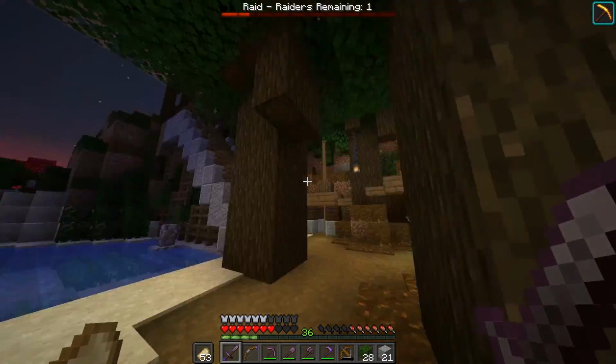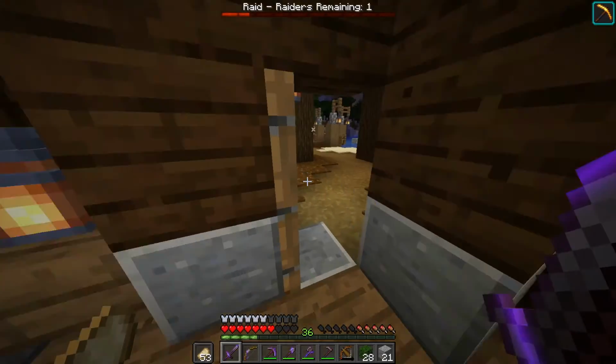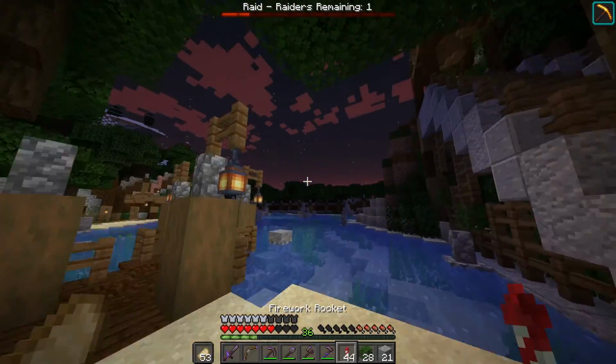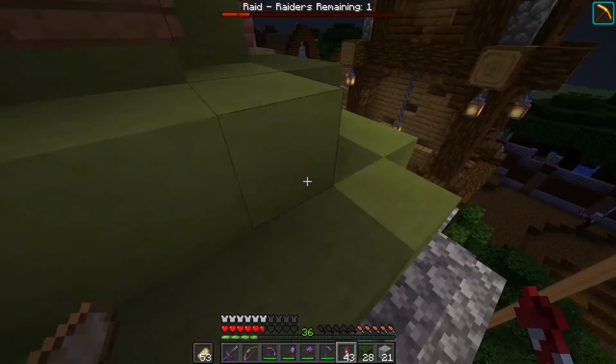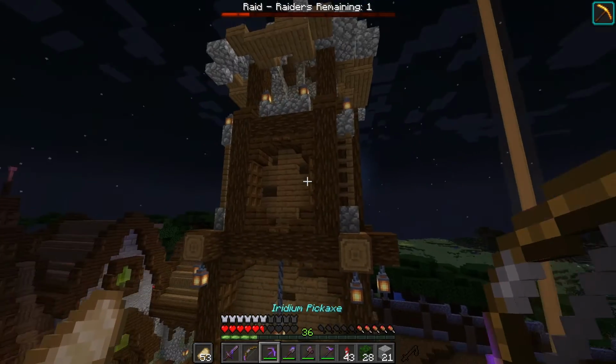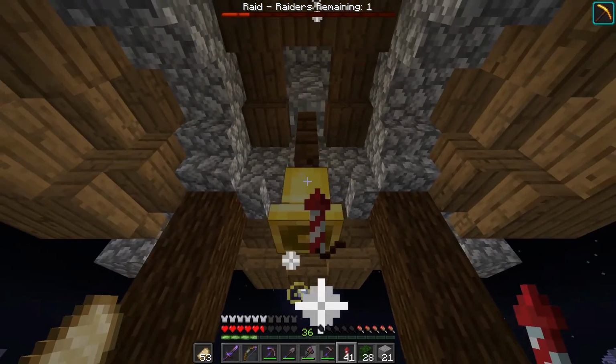Now, I don't really know where any of them are at this point. If I have a bell... Oh, there is a bell. I have a bell in my watchtower. I believe, if I'm not mistaken, if you ring a bell, it highlights raiders. There he is. Hi there. Okay. I just want to make sure this works before I kill that one and start the next wave. If I ring that...